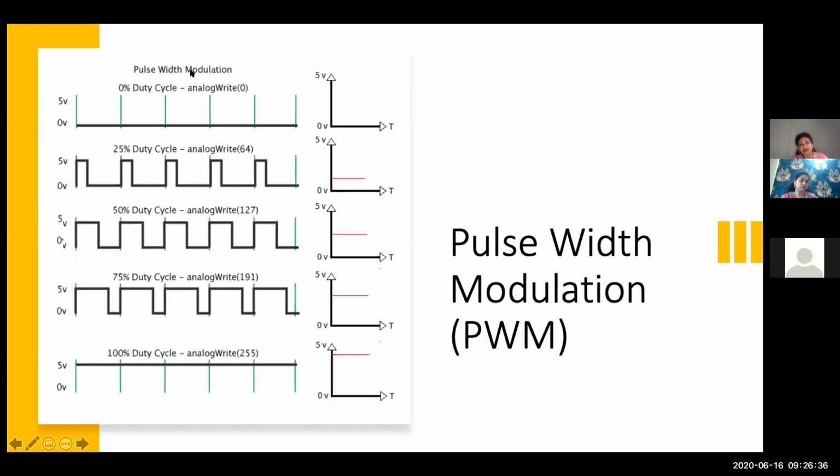Yesterday, if you remember, we have seen the Arduino board. On the left hand side, we had the power section and the analog pin section. How many pins were there on the analog side? 6, A0 to A5. There were 6 pins. Yes, ma'am. And on the right hand side of the board, we had the digital pins. How many digital pins were there? 14. Yes, 14, very good. 13 to 0, so we had 14 digital pins.